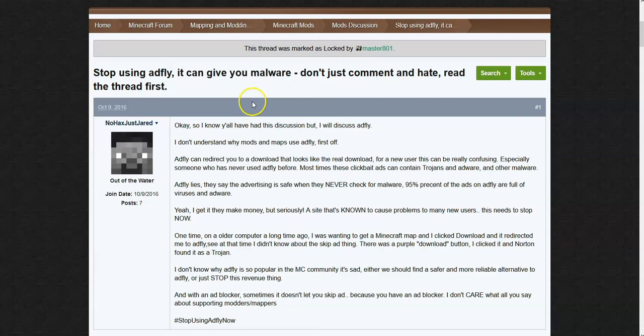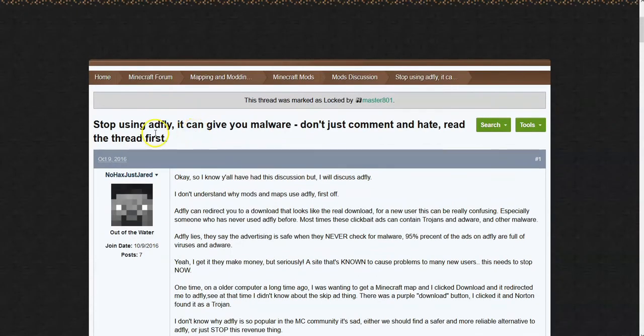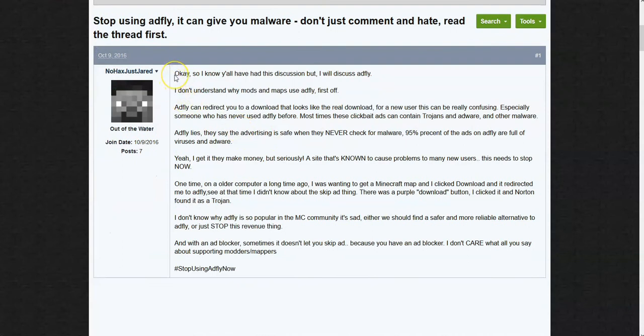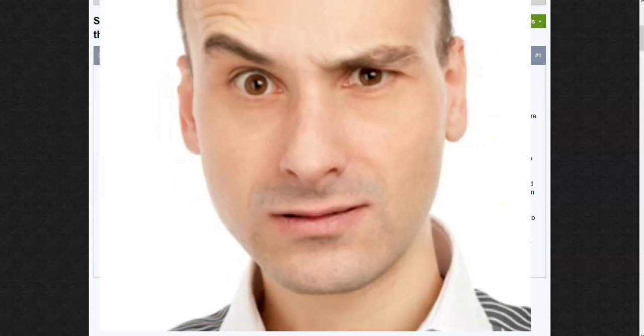Now, think about that, and I'll read you something from a Minecraft forum. This is a younger person, but they said, okay, I know y'all have had this discussion, but I will discuss Adfly. I don't understand why mods and maps use Adfly. First off, Adfly can redirect you to a download that looks like the real download.